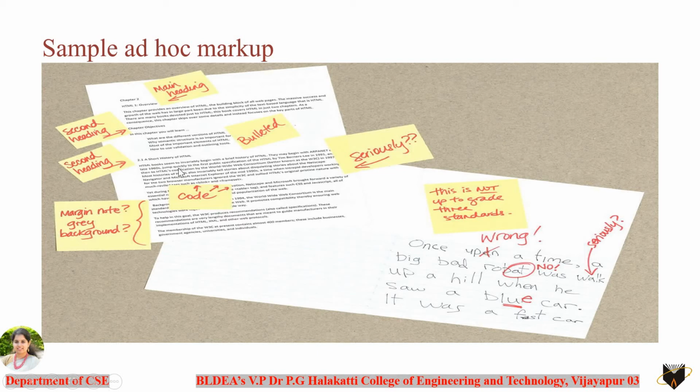But I do ask you one question here. How will you be able to identify that this is a heading, this is a text information, it is a paragraph introduced here, here it is a subheading within the main heading? How will you be able to identify? So you will answer me. What kind of answer will I get from your side? You say that this is with a certain distinguished style, you have it in a larger font size, you have it in some different font style, or you can say the boldness that is used for this heading is different as compared to the next information that follows as a paragraph here.